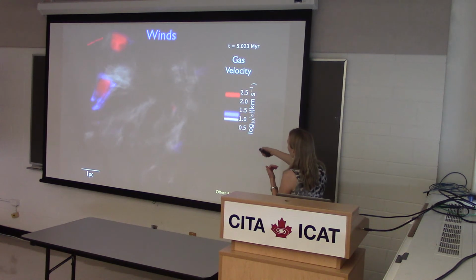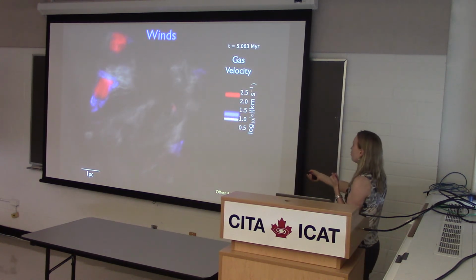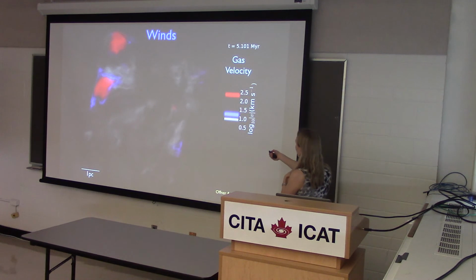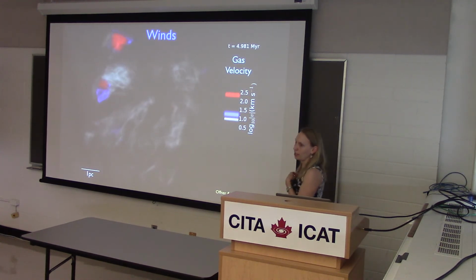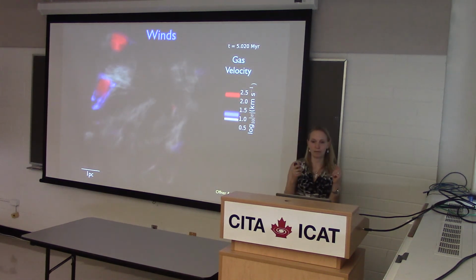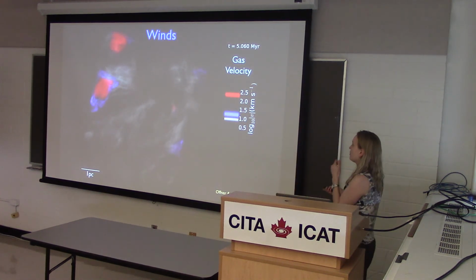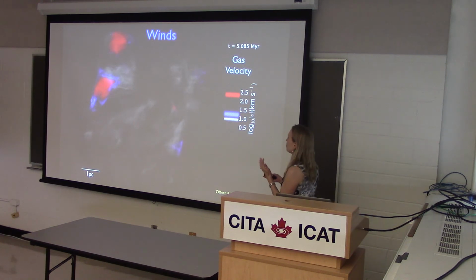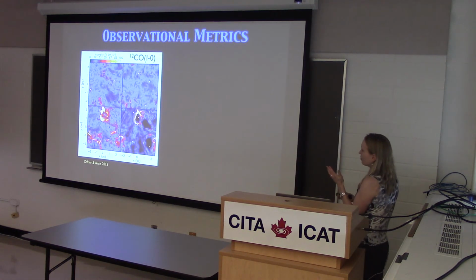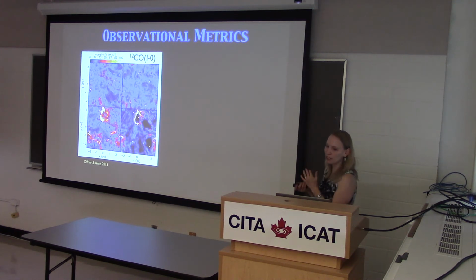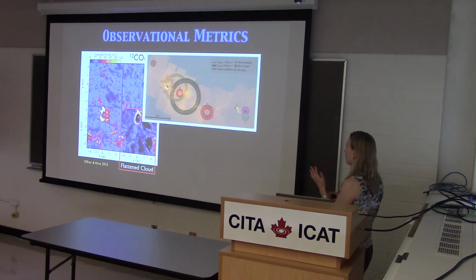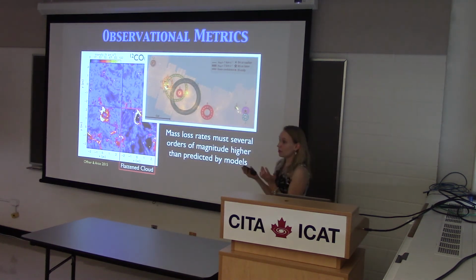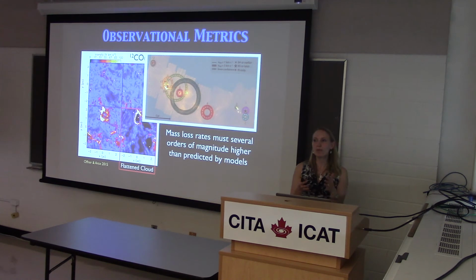All right. So this is actually a volume rendering in velocity, where the gray is a few to 10 kilometers per second, blue is tens of kilometers per second, and red is hundreds of kilometers per second, right? So these are very fast winds. All right, so as before, in order to compare apples to apples, I created synthetic observations, and Hector and Alyssa were looking at 12CO. So I created synthetic CO maps and went ahead and found, indeed, they seem to be correct. Right? You really need a huge amount of momentum and energy to generate shells of the size they observed.